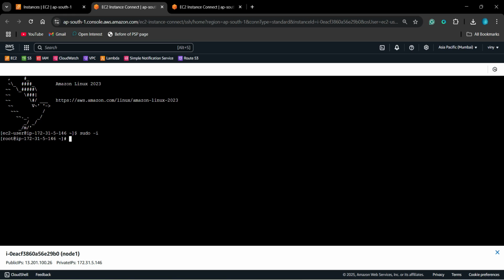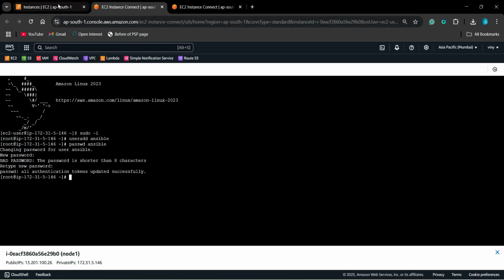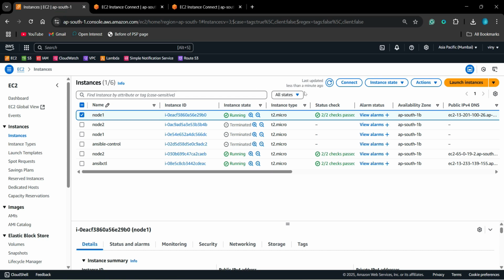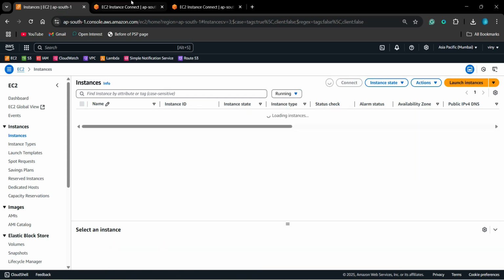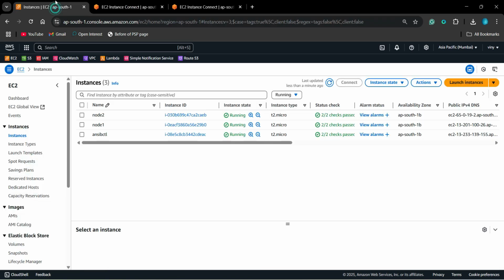sudo -i. Now useradd ansible, passwd ansible, 123 123. So we have added the Ansible user in node 1.